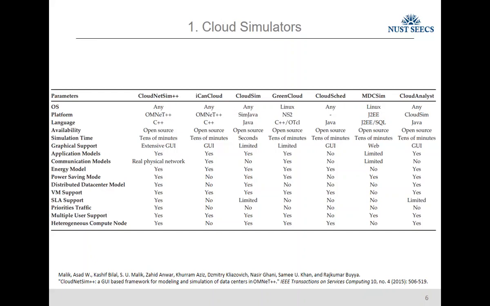The idea is that we want the entire set of cloud data center features in it, like VM migration, SLAs, graphical support, availability, language support, and energy models. These are the ingredients of data centers which we are incorporating in CloudNetSim++. It also provides an API which allows you to integrate with IoT sensors. The data is generated from the IoT sensor, travels hop by hop and reaches the data centers, and in the data center you can perform the computations, right? So this is the starting point of our research.